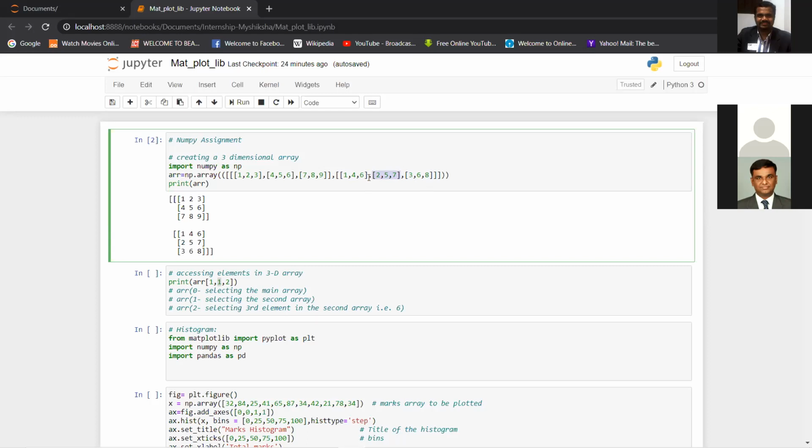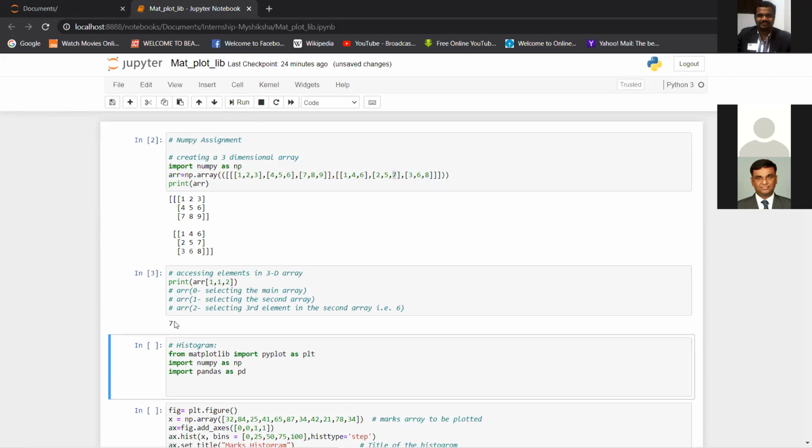And then lastly I'm saying 2, so the last index is 2. Inside this one, this is 0, this is 1, and 7 is 2, right? So this is how I access this element 7 inside this three-dimensional array. If I run this, I should get 7 as an answer. So this is basically how you can access elements in a three-dimensional array.